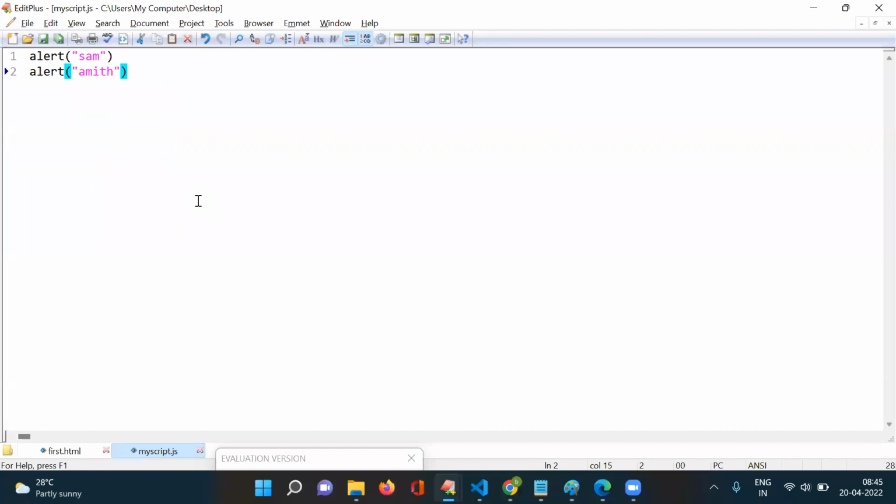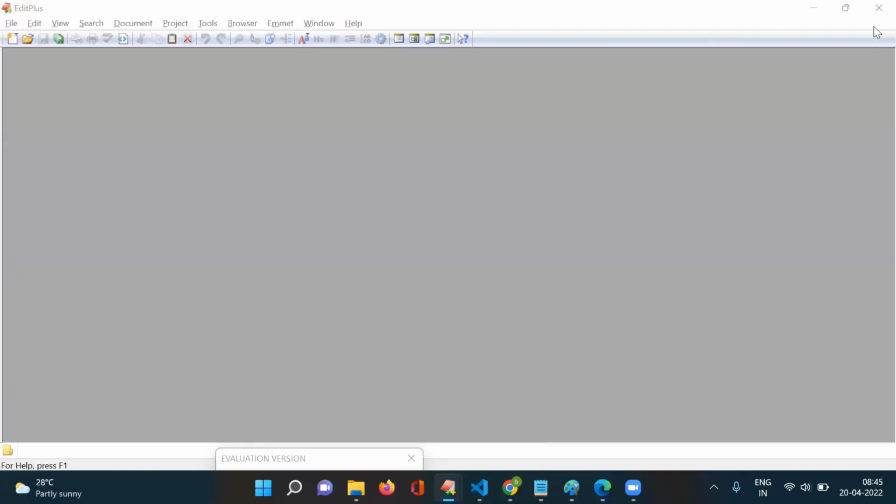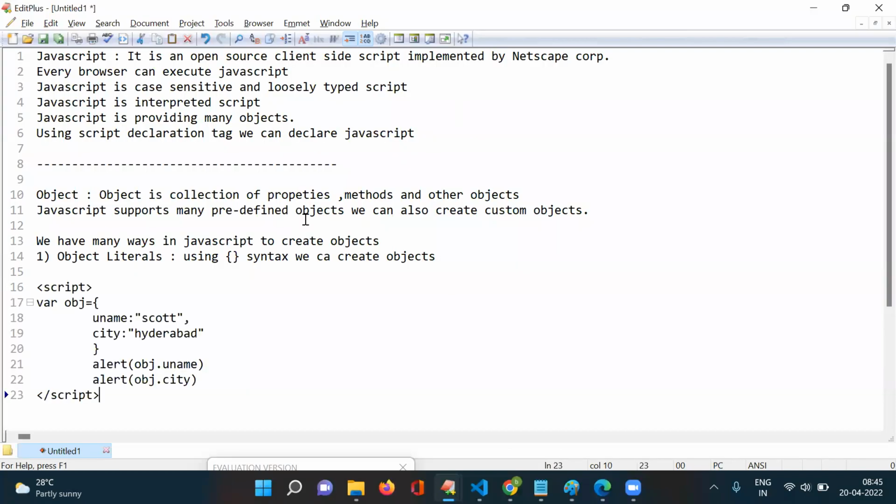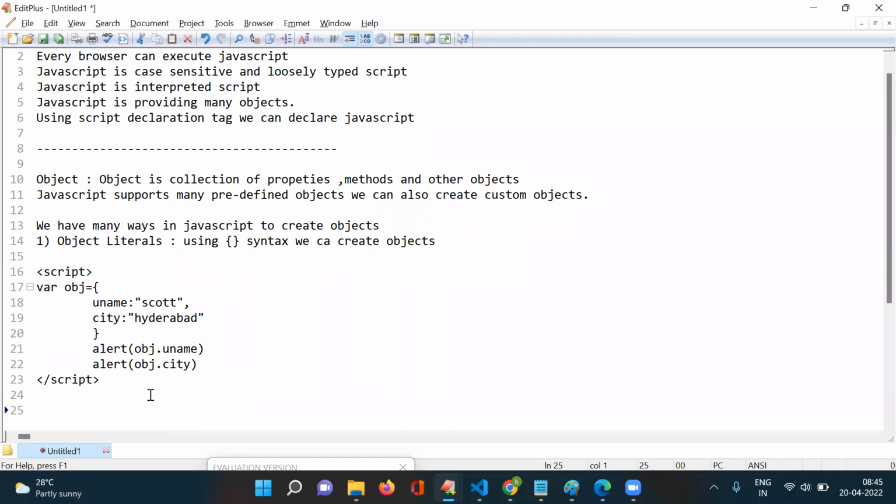As I told you just now, we can create objects by using object literals. Literals are nothing but these brackets which we are using here. And the second way of object creation, we can also create